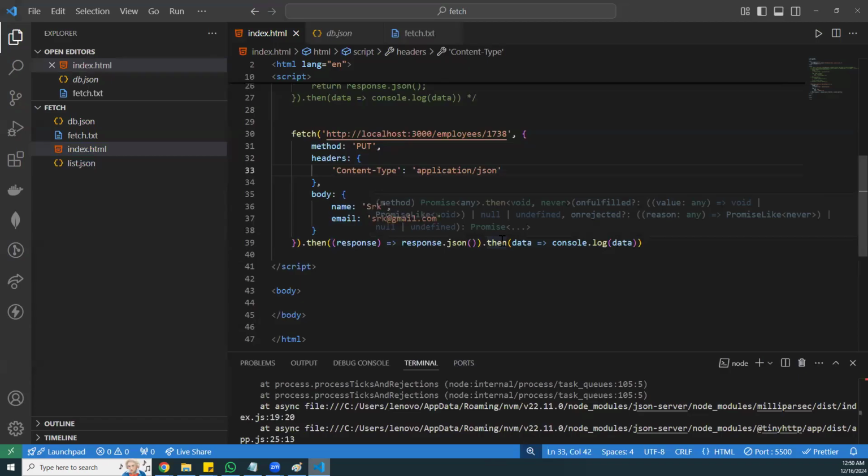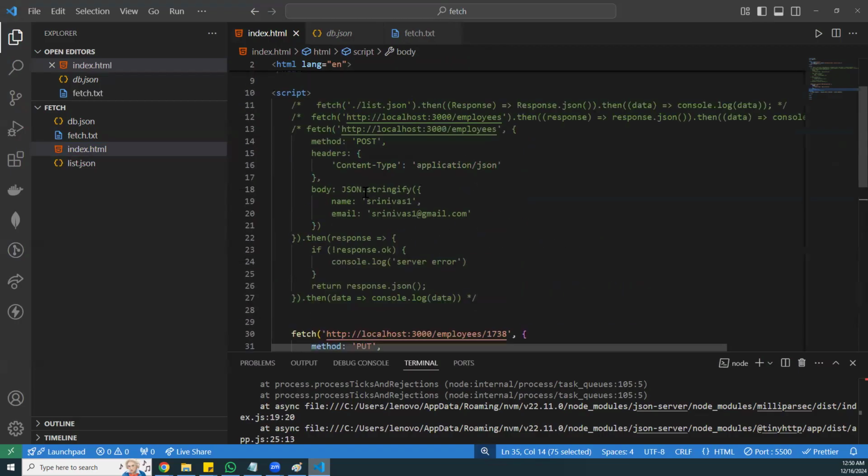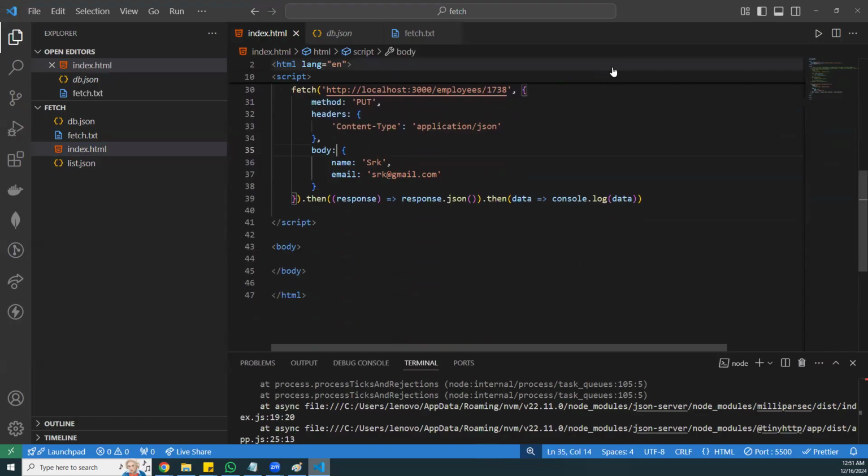Yes. If you check this one, you have to convert this data into JSON. Remember or not? You want to convert this data into JSON format. If you're sending an object, it definitely gives the error. If you see the previous example, what did we do? In the body tag, we converted the data into JSON. See? JSON stringify. You need to convert the data into JSON. Then you can use